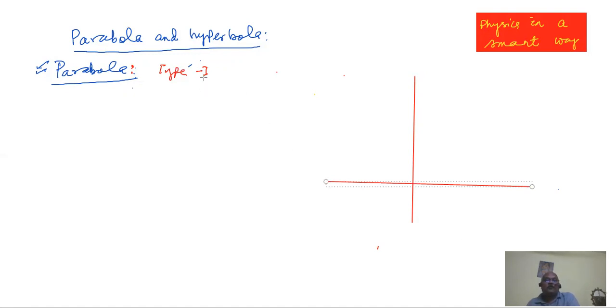Okay, type 1, this type of parabola has got an equation that says